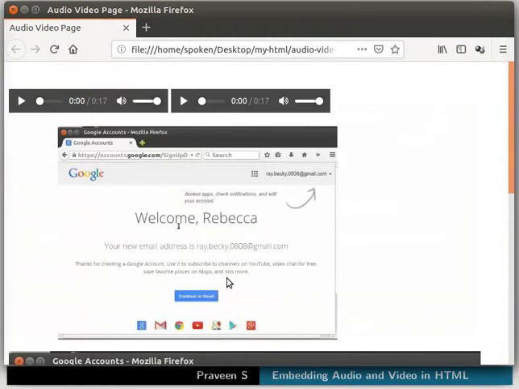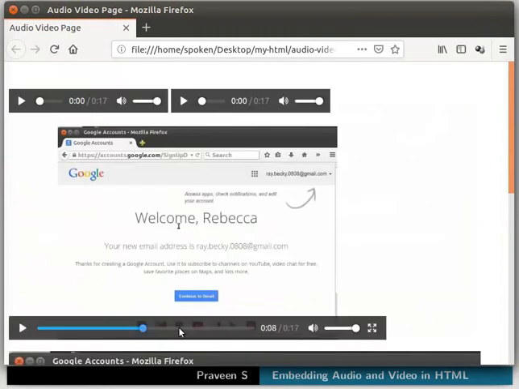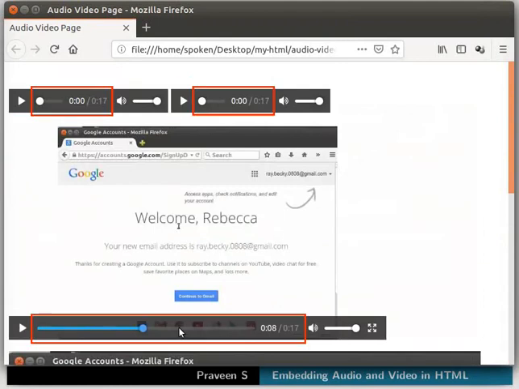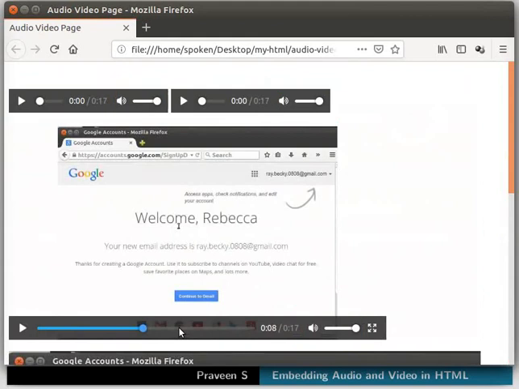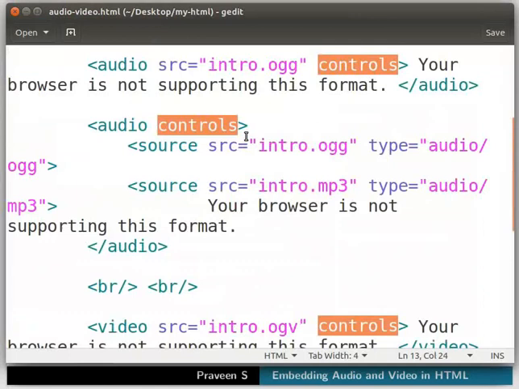Likewise, let me play the second video. And in my case, it says Welcome Rebecca. This is also playing. In the audio and video players, there are common controls like play, pause buttons, timeline slider,